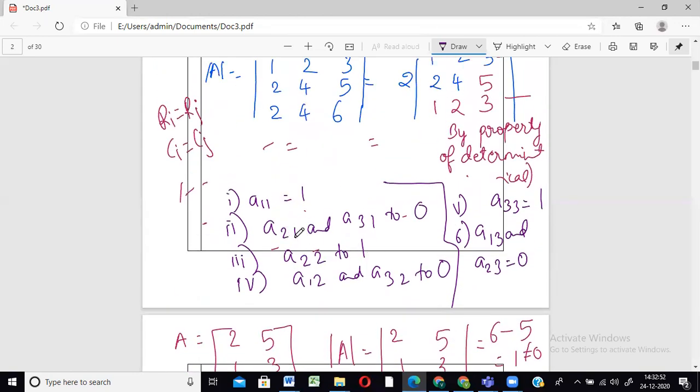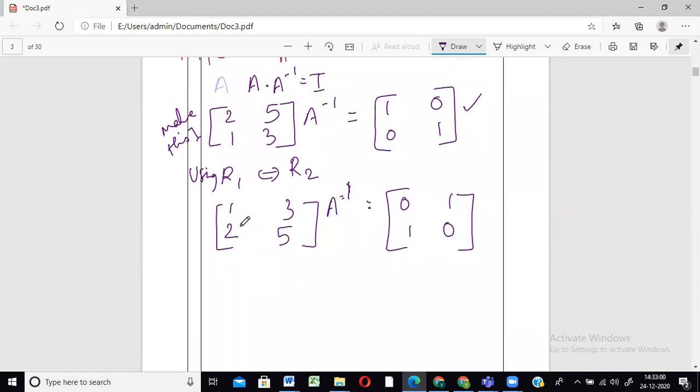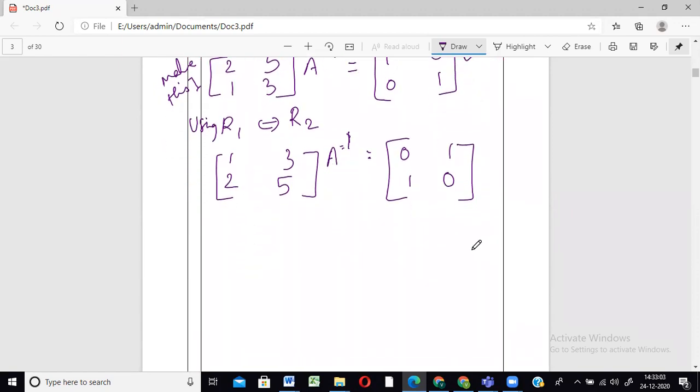Next one was to make A21 equal to 0, correct? A21 is this one, right? A21, that's the second row and first column element. So we have to make this 0. Now make it 2, 0. How can you make 2, 0? To make 2 a 0, if we subtract 2 from 2, only then it can become 0, correct? So 2 subtracted from 2, only then we can get 0. So this 2 we have to subtract from 2 and then we will get 0. So how do we subtract it? Using the first row, like how we have done that last time. So using R2 we have to change, correct? So R2 becomes R2 minus 2 times R1.